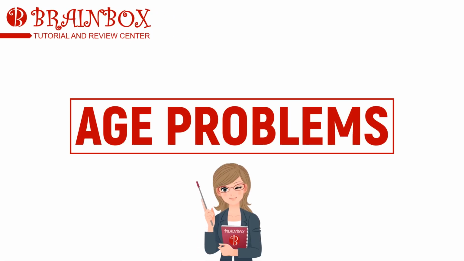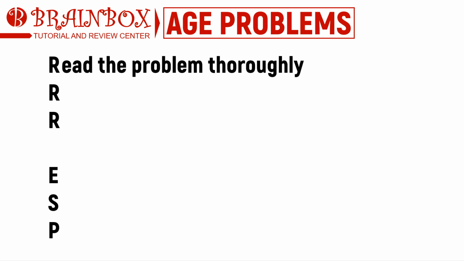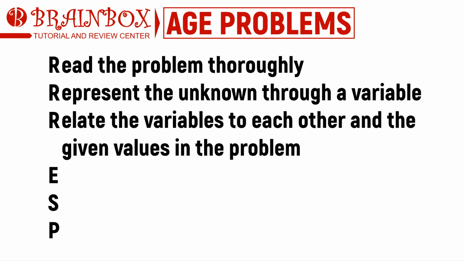For this video, we'll be talking about age problems. Recall that in doing word problems, we have the 3 R's and the ESP technique. The first R is when we read the whole problem thoroughly. The second R is we represent our unknown through a variable. The last R is relating the variables to each other and the given values from what we have read from